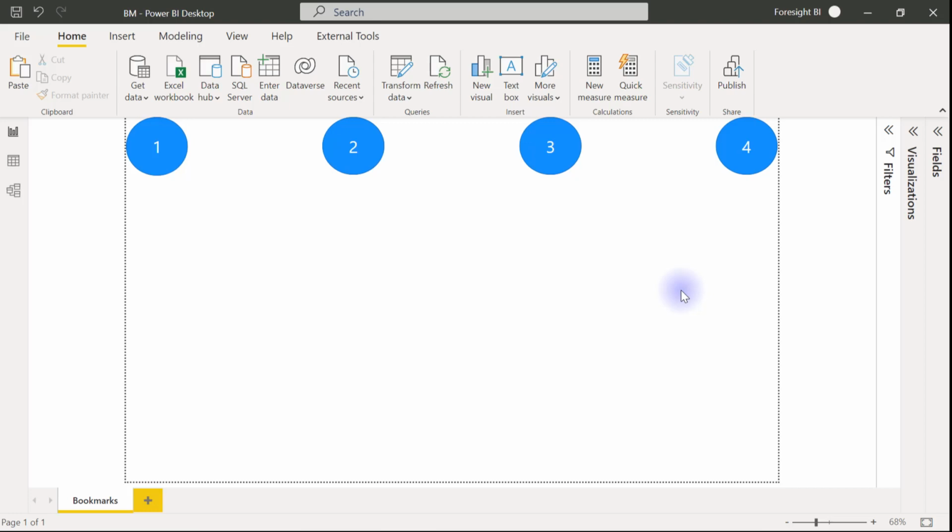After DAX in Power BI, the next tricky thing to work with is bookmarks. Though bookmarks are straightforward to create, it can get complicated pretty fast. Just like DAX is simple, but not easy. In this video, I'll share with you a step-by-step approach you can use as a guide to ensure a smooth